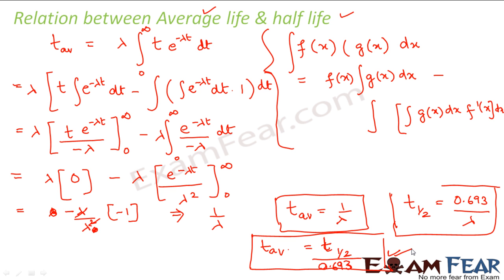So basically this half-life and average life give us an idea about the lifespan of a radioactive nuclide. Normally the radioactive substances which have a very small half-life are generally not seen as such in nature. For example, plutonium is one such radioactive substance. It has such a short half-life that it decays very quickly. So it is not very easily available in nature.